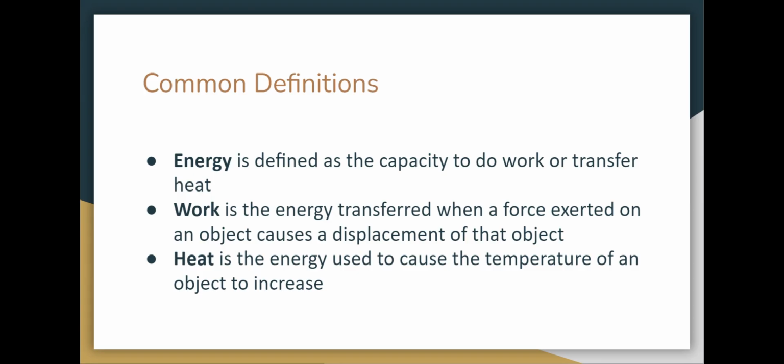Now moving on to 1.4. Here are some common definitions that are closely related, but there are some key differences. The first being energy, which is defined as the capacity to do work or to transfer heat. The second is work, which is the energy transferred when a force exerted on an object causes a displacement of that object. And the final one is heat, which is energy used to cause the temperature of an object to increase. Now, a common equation that goes with this, and one that's important to remember, is W equals F times D. So W stands for work, and F stands for force, and the D is for distance,